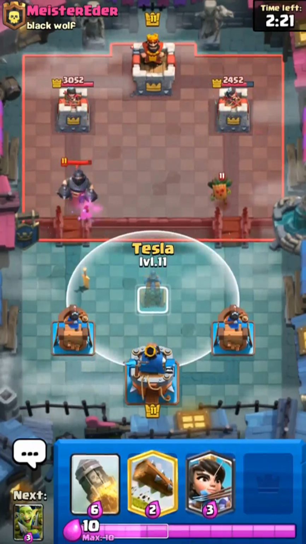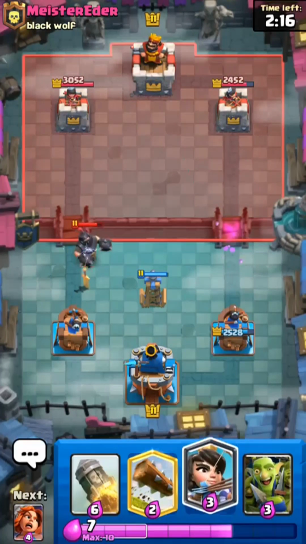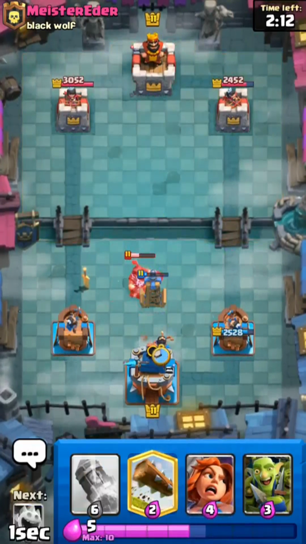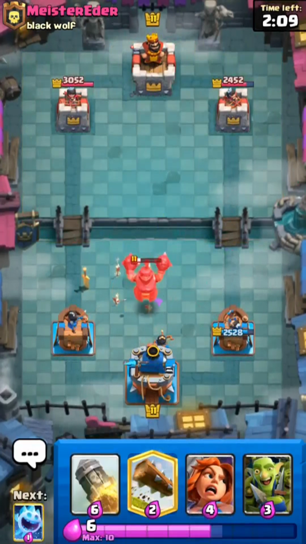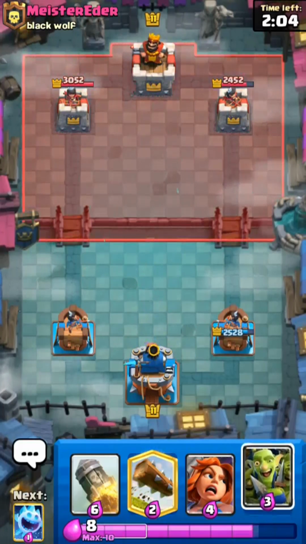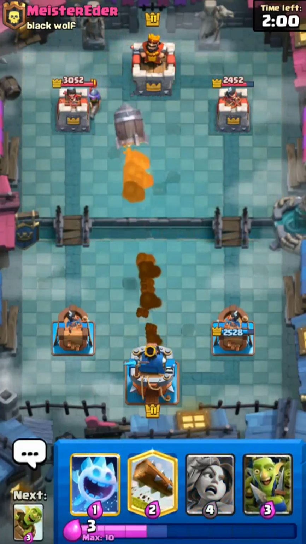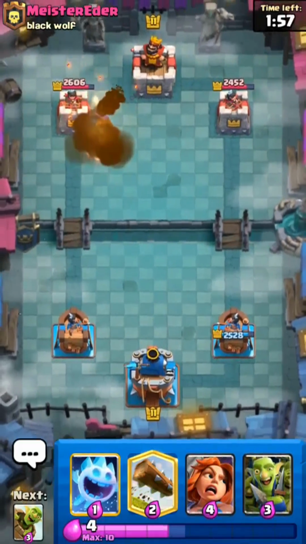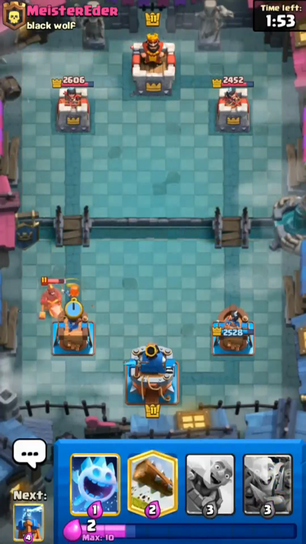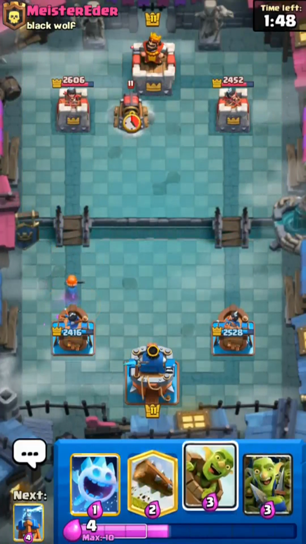So I will just use my Tesla later and try to activate my King Tower. Let us see. Alright. Okay, we didn't activate the King Tower. It's fine though, we are in the lead now. I will just easily rocket on top of that Musketeer because it's free value and I think I can defend. I'll use my Valkyrie. I think I should have used my Goblin Gang. It's fine though, because he has to use his...